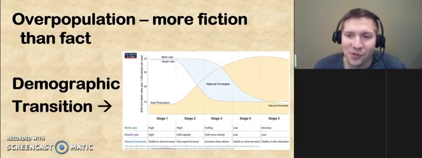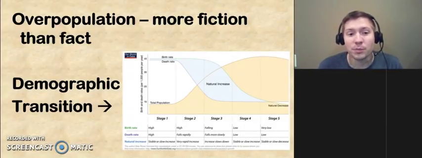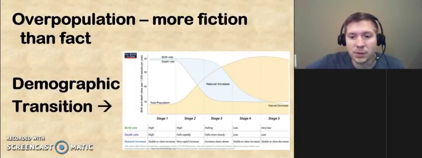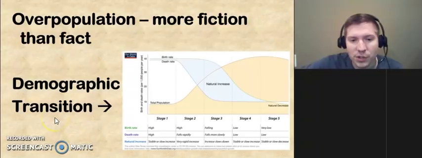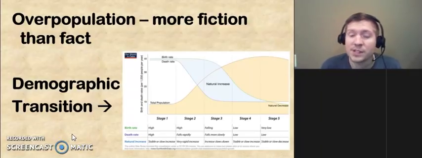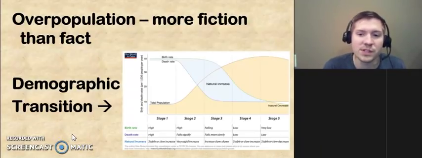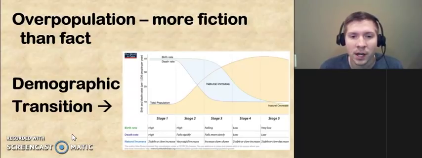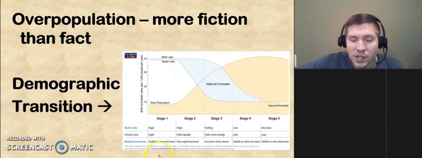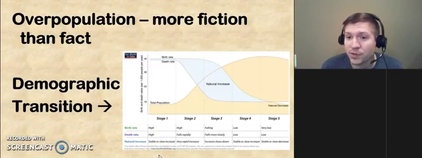However, the dangers of overpopulation are likely overblown, partially because of this thing called the demographic transition. So if you look at this graph, you can see it lists 5 stages. Sometimes it's shown as only 4. But either way, our population started out in stage 1. The whole world for most of our history was in this stage where, again, high birth rates but high death rates, so our population didn't increase much.